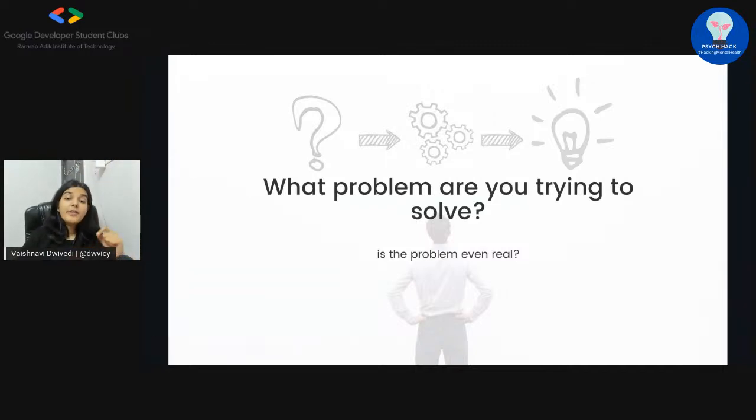But when you're trying to identify what problem you're trying to solve with this particular idea that you have, then you have to specify what that problem is in as much detail as possible. So that when you are presenting your hackathon project in front of the judges, if you get the chance to do so, or even in the mentorship sessions during the hackathon, you will be able to explain your project better, because you'll know exactly what the idea is, what problem the idea is solving, and who it is for, right? So that will definitely impress any judge